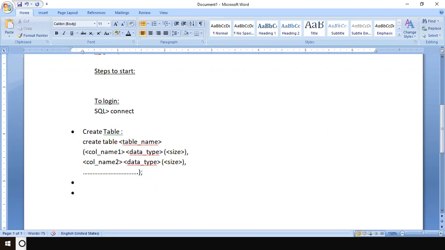Fine. Now we'll take an example, to create a student table with the fields roll number, name, DOB for date of birth, and city. Remember, field names cannot have spaces, nor can they have special characters.